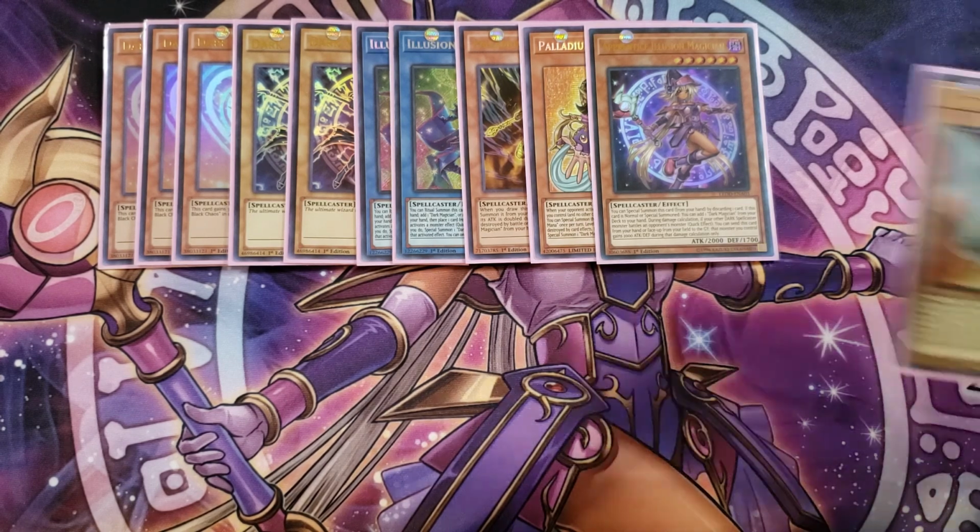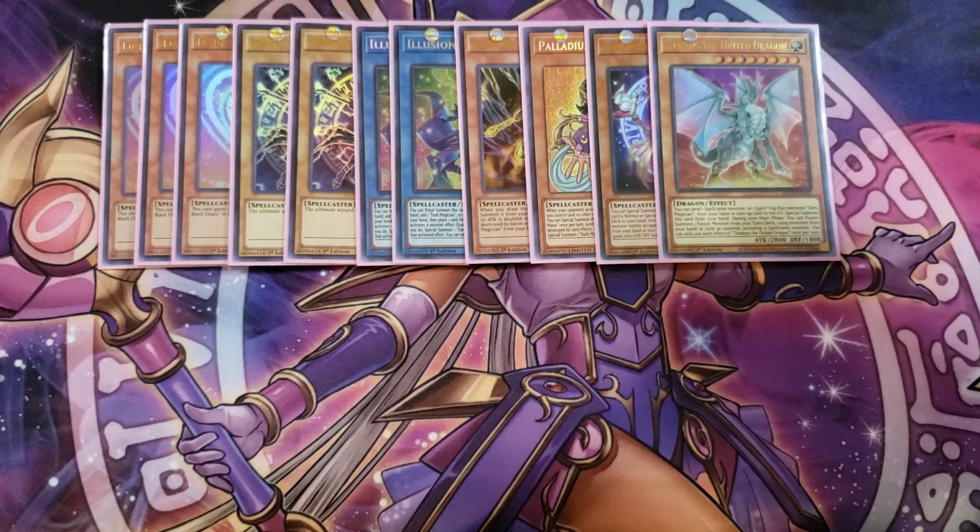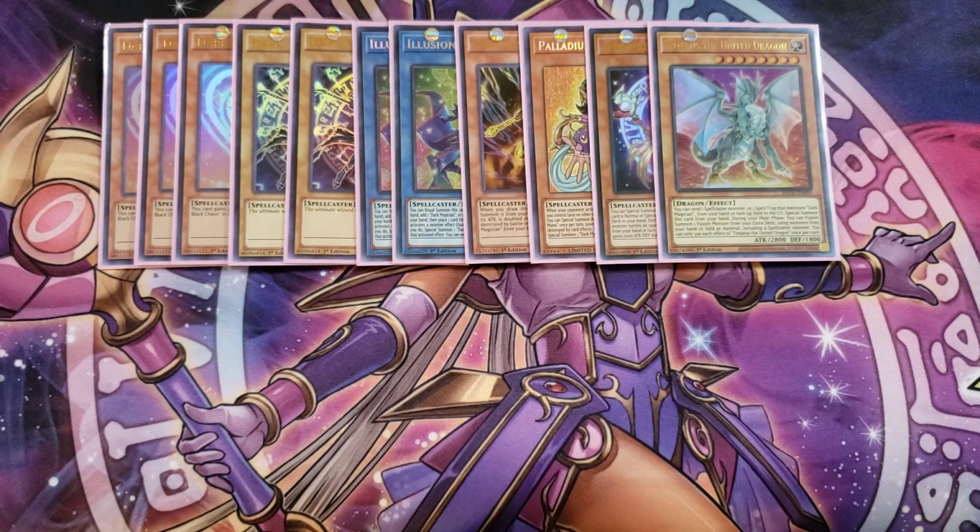And then play a single copy of Timaeus the United Dragon, which is a good 1-up that has the ability to send a spellcaster monster or a spell/trap that mentions Dark Magician from your hand or face your field to the graveyard to special summon this card from your hand. And during your main phase, you can fusion summon a fusion monster from your Extra Deck using monsters from your hand or field as fusion material, including a spellcaster monster,